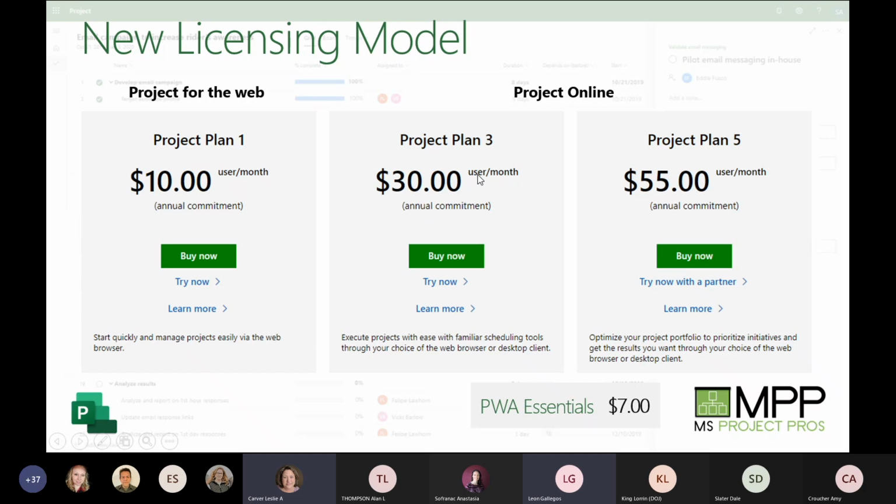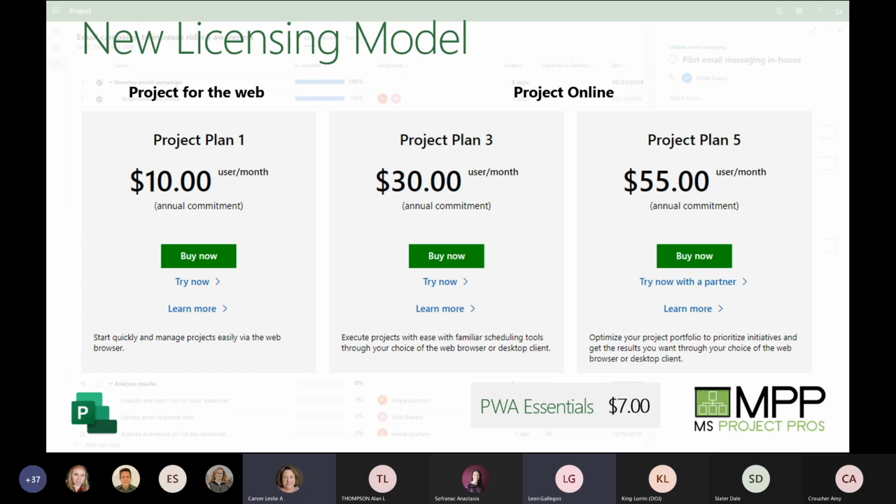So the way you can think of how the licensing has changed is that traditionally, remember how we used to buy software, we would simply go out and purchase it, and Project for the longest time was about $900. So you would buy it and you'd be running Project Professional 2013 until you upgraded to 2016, and then you'd pay another $900. Instead, Microsoft would rather that you pay them $30 every month, and they'll give you access to being able to download and run Microsoft Project.